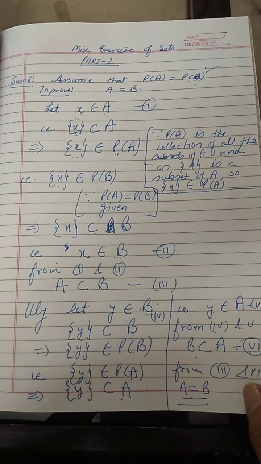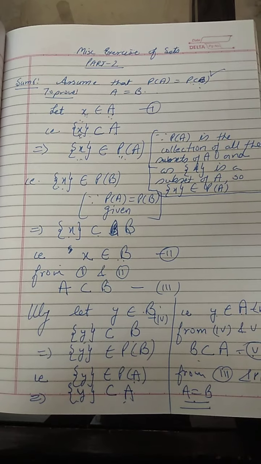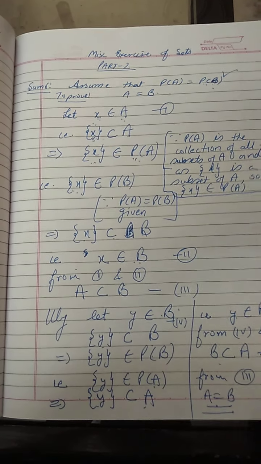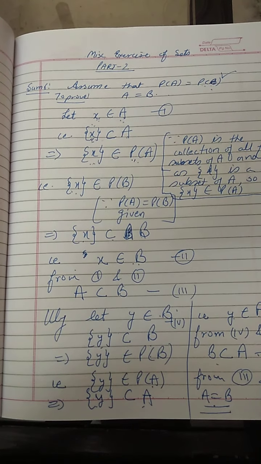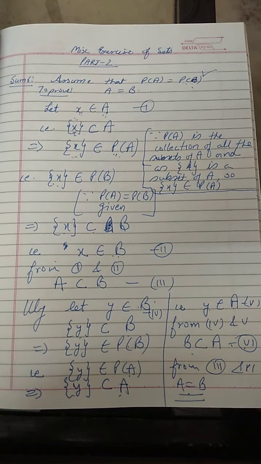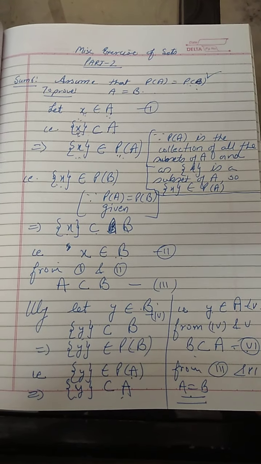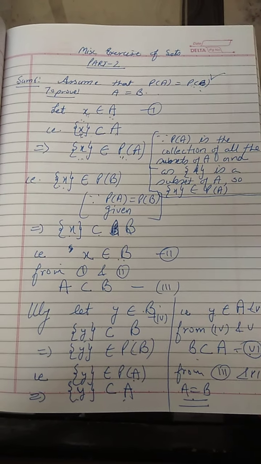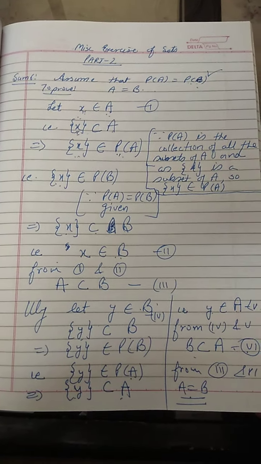Okay. Sum number 7: is it true that for the sets A and B, power set of A union power set of B is equal to power set of A union B? You have to justify your answer. So wherever the word justify comes, it means you have to give an example. You think whether it is true or false. If it is true, justify. If it is false, then also justify. That means you are supposed to take an example of sets to show your answer, right?